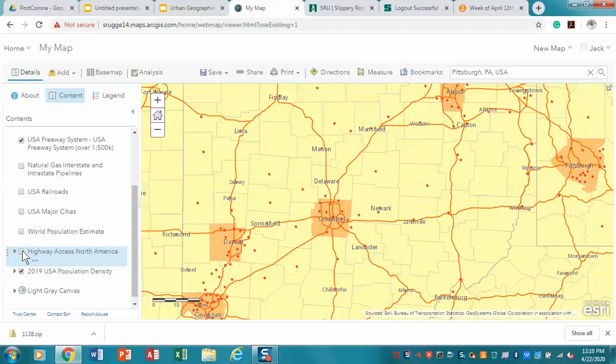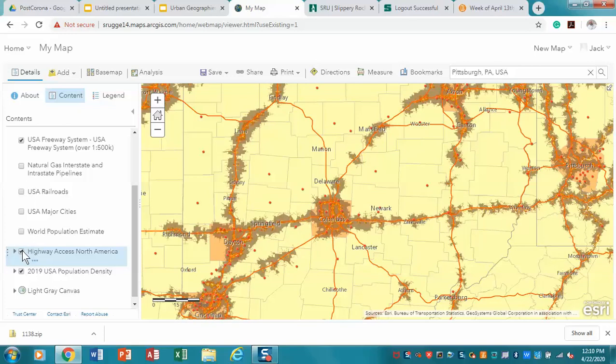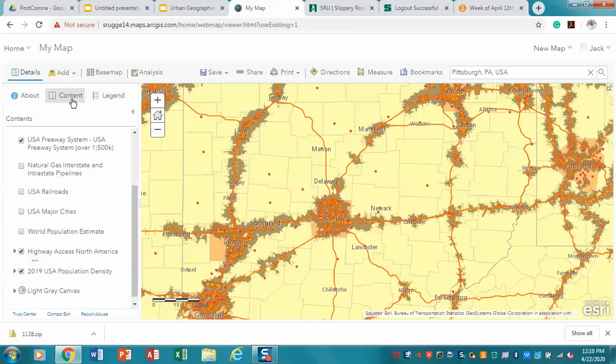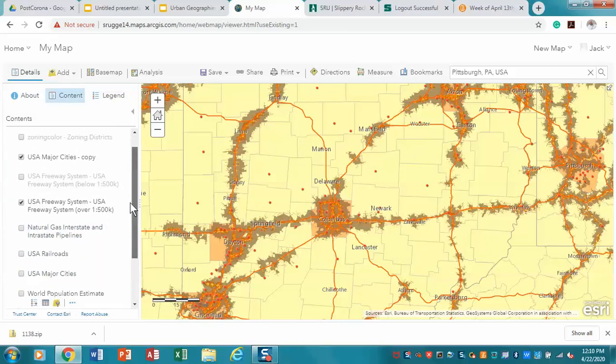Now, the way we can also see that connection is when we look at highway access. With the map I'm going to put up now, the layer I'm going to show you is the relationship between the highways and the access to the hinterland. So if you think about the urban areas, the cities, as the core, I turn this on, and all of the areas on here indicate where we have access: 1 minute, 3 minute, 5 minute, and 10 minute. And all of these areas in the hinterland are able to feed onto the interstate system to get to the cities. Now I can make this even more significant if we look at our rail system in the United States. So if we turn on the rail system,